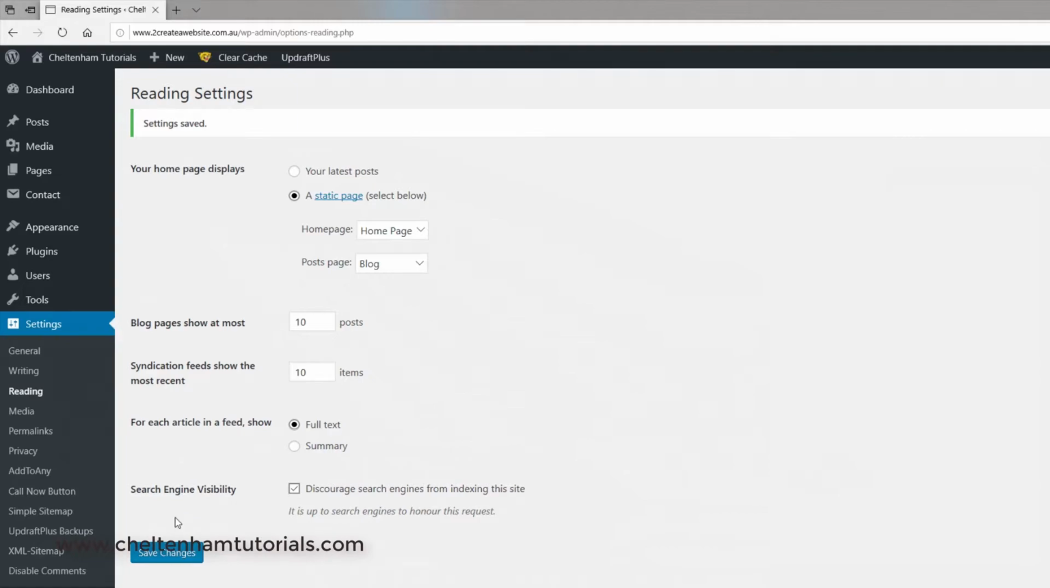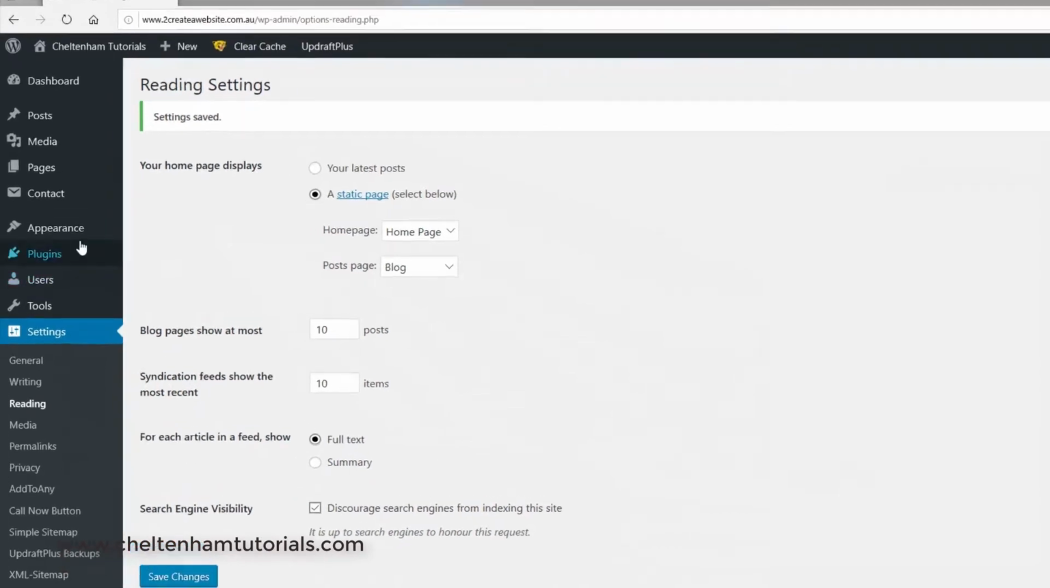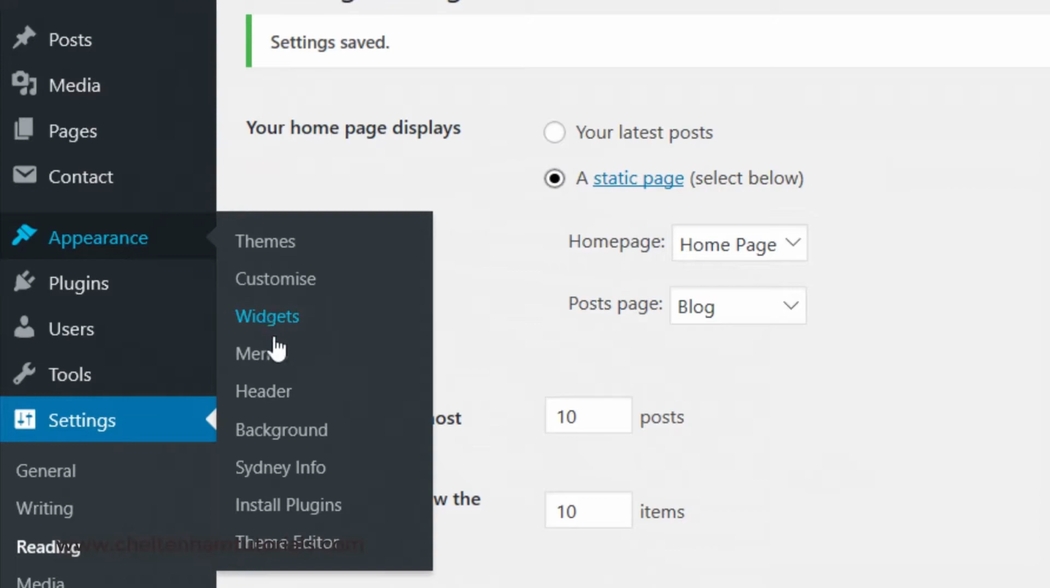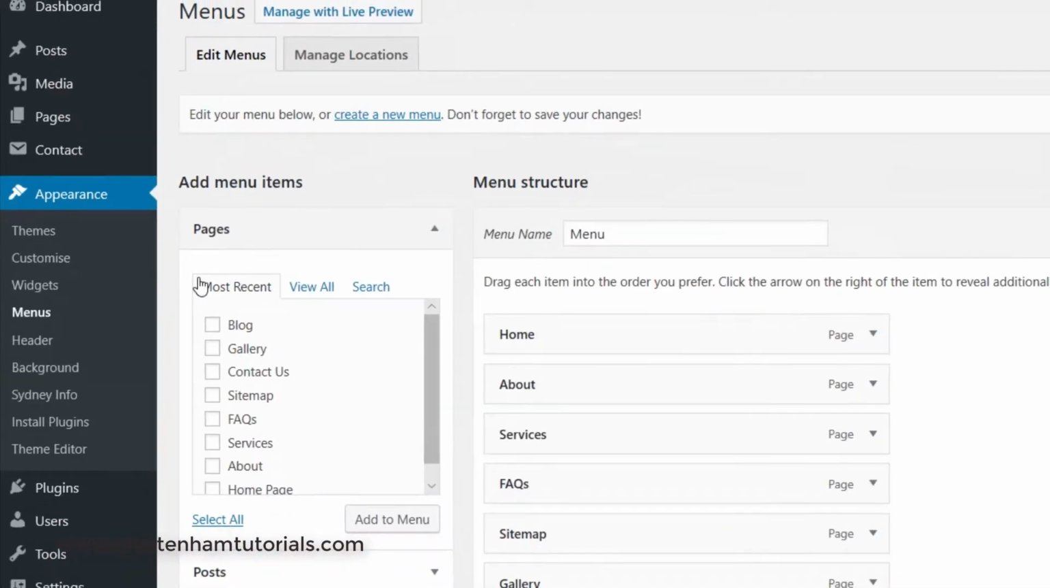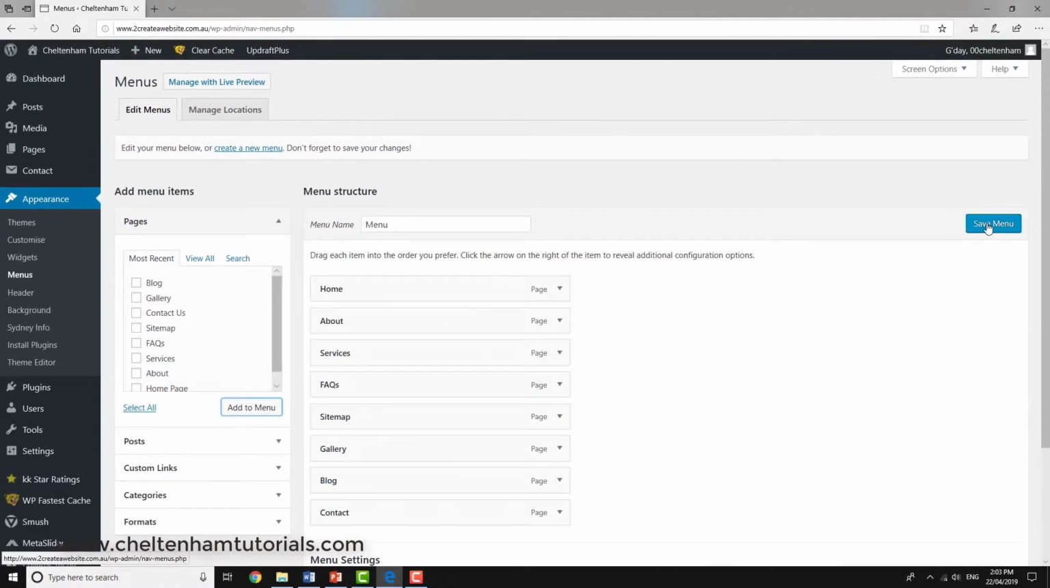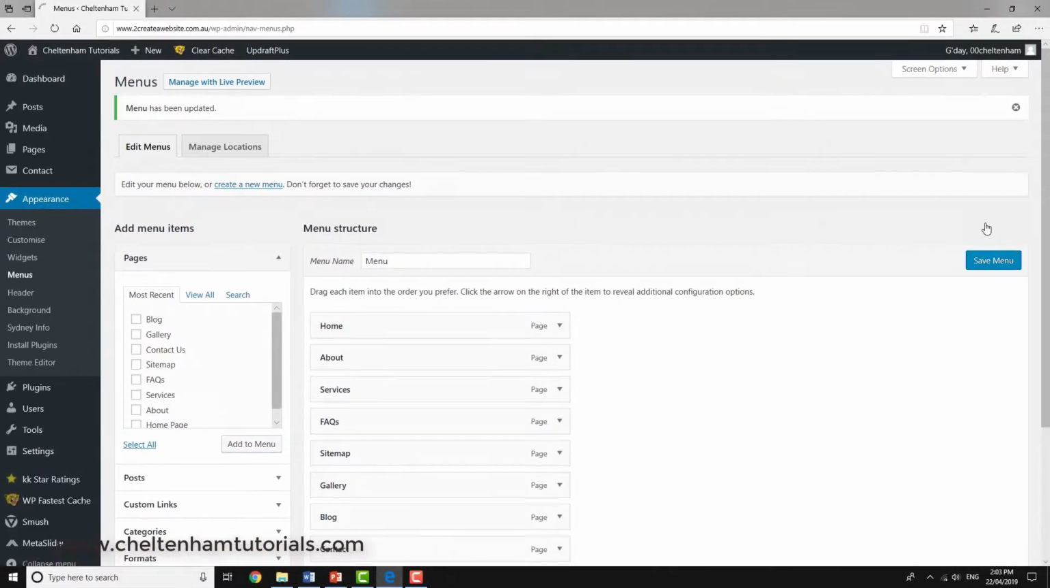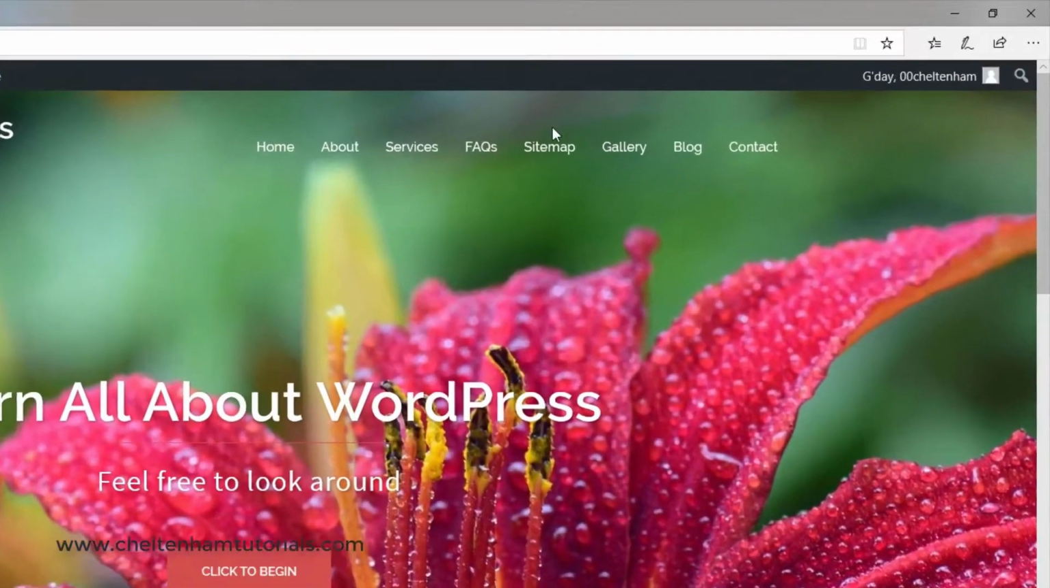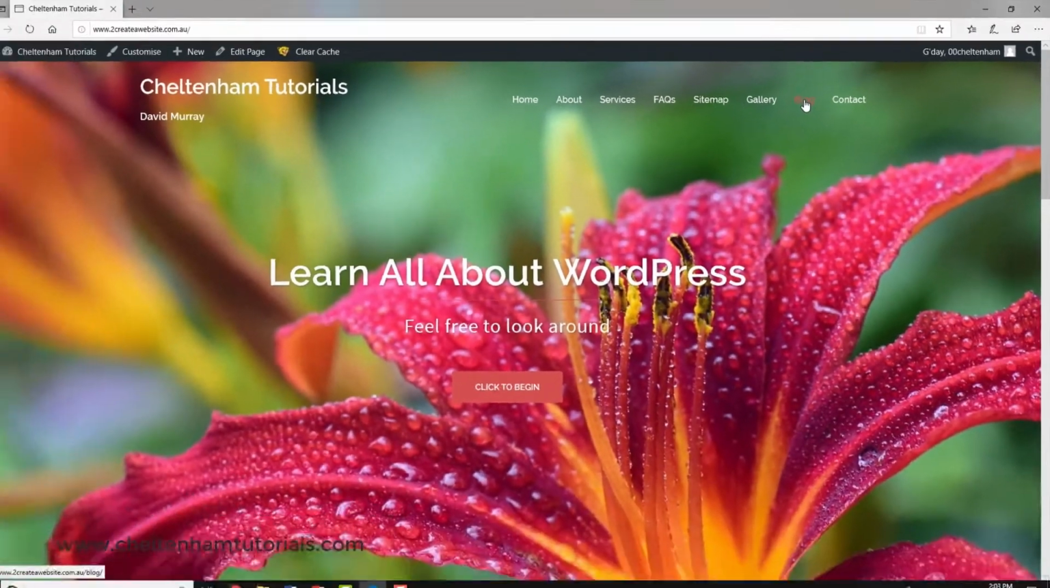We've created the page. The next step is to go to Appearance, Menus, and what we do is we add this to the menu. I'll move up slightly so it looks like that. So if I click on where it says Save Menu, then I go to the front end. I've now got this page over here called Blog, and if I go and click on that,